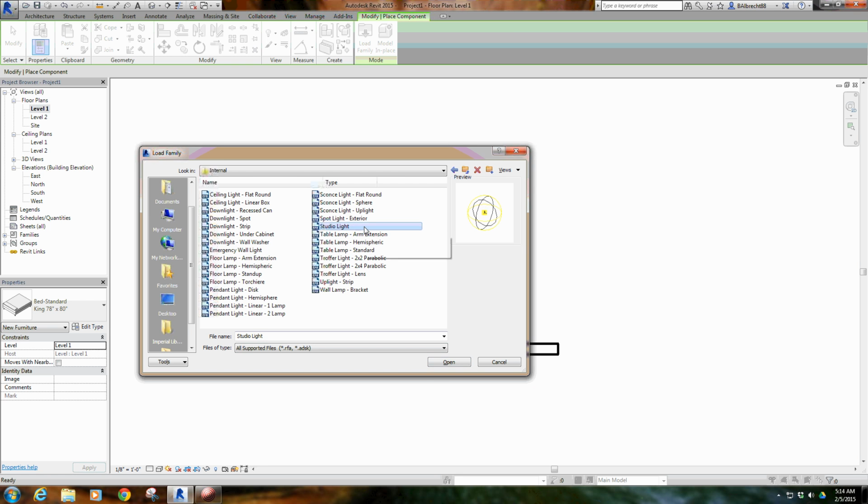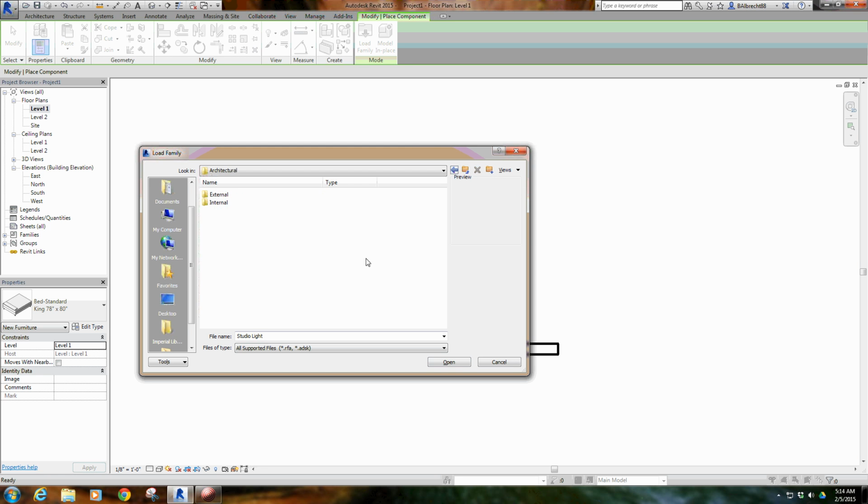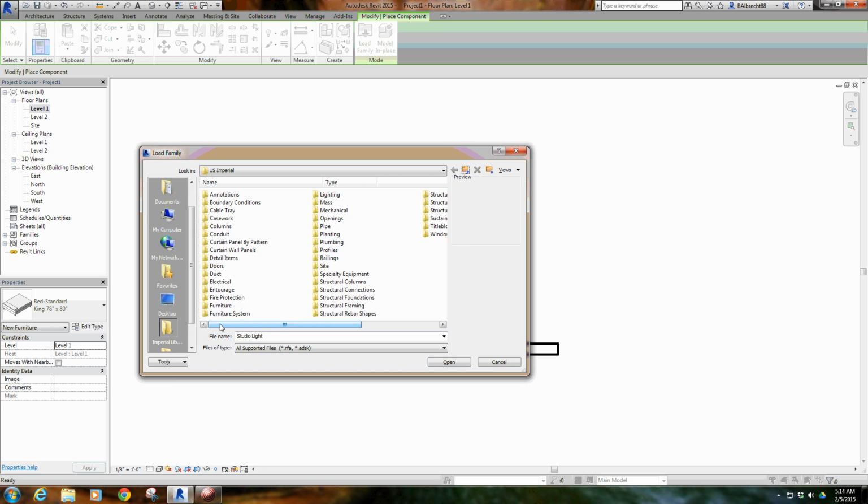So if you have a certain area that might be a little dark and you want to brighten it up a little bit, throw one of these kind of close in the corner. You don't want to get too close, otherwise you're going to have a real bright splotch on your wall. But little things like that are nice to use. And we'll get into lighting and stuff like that a little bit later when we get into the rendering side of things. But other than that, you can kind of peruse here and see what all you want to